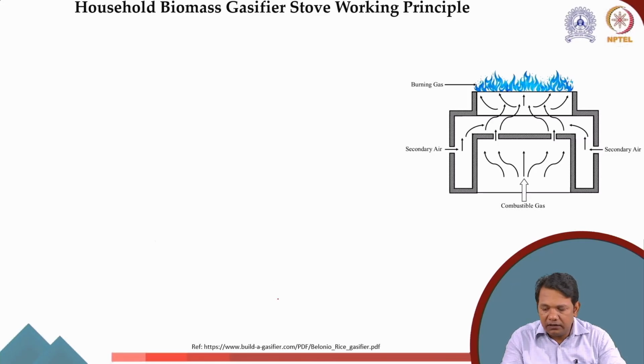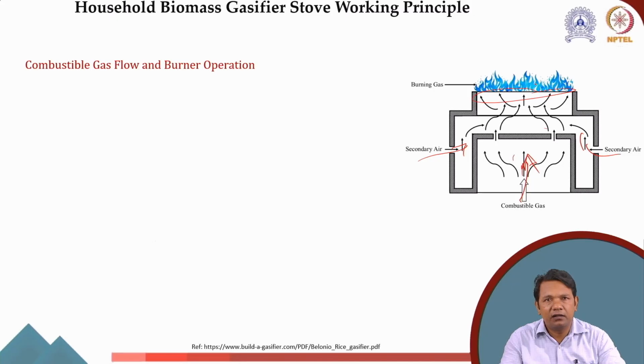Now after that, we have to burn that gas, because in houses we don't use the commercial one, we use the small unit. So we have again a gas burner, but this is fitted on the top of the household gasifier. I'll show you on the image. So the combustible gases will go through it. It will have secondary air coming, and then when you ignite this, you will get the flame.